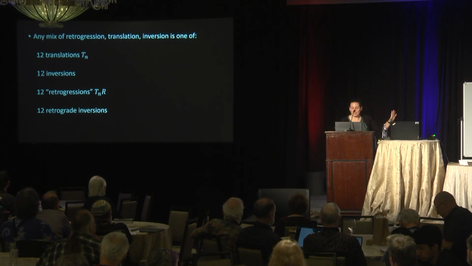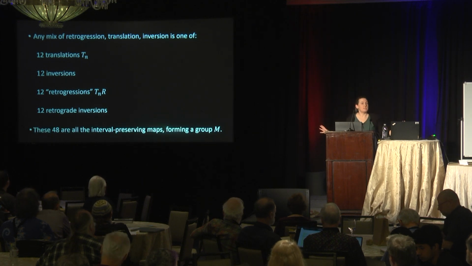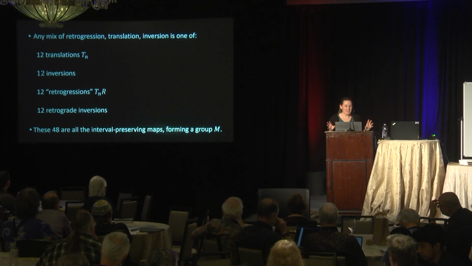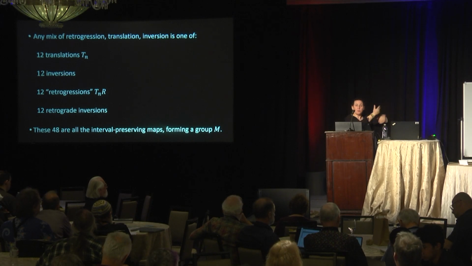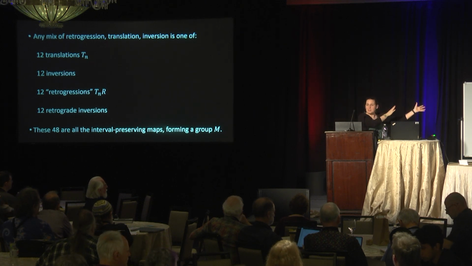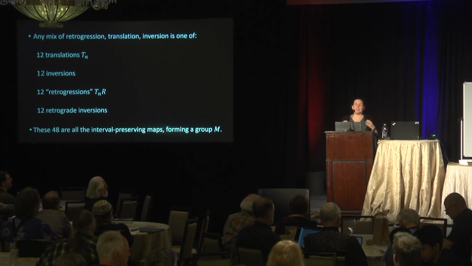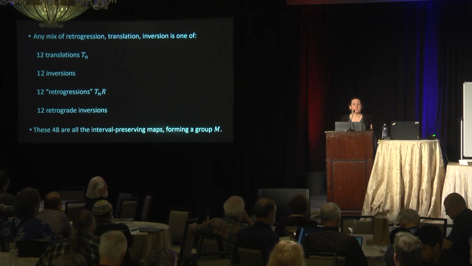So this is great, and it turns out, it's not instantly obvious, but it turns out this is it. These 48 things constitute the complete set of interval-preserving maps. That is our musical group that we can use to work with these tone rows. So now we know we can think of a tone row, use the musical group on it, and we can get all these images, and that's our basic color palette for our composition, okay?